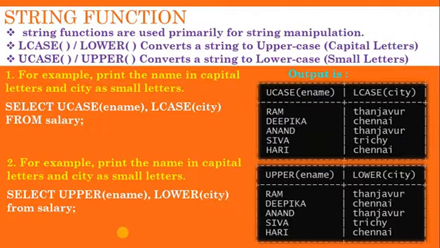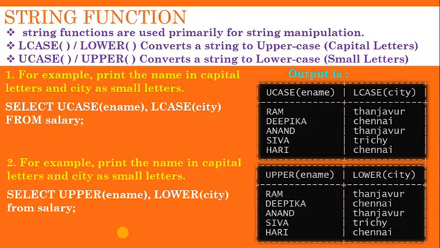The next one is string functions. The string functions are used primarily for string manipulation. Here, string manipulation means converting to uppercase letters, that means capital letters, and lowercase letters, small letters. Also, the trim functions are here. The trim functions are used to remove the space from the column, which means leading space and trailing space from the column. We will discuss them now. Now we are going to learn about string functions. Many functions are here. First we are going to discuss LCASE or lower case.